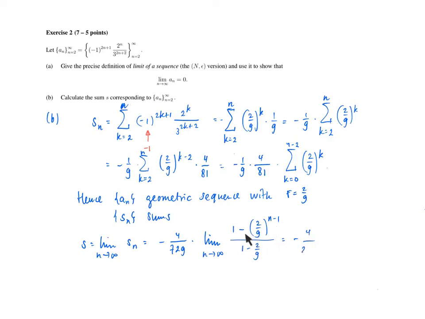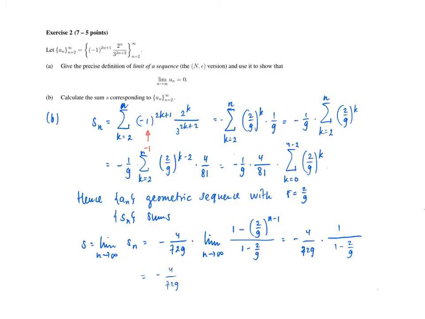And now we see that this expression for n going to infinity goes to 0, so we're left with minus 4 over 729 times 1 over 1 minus 2 over 9,